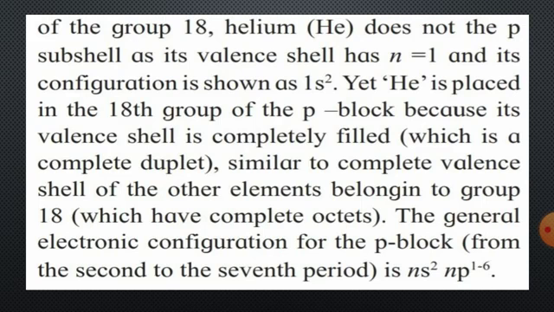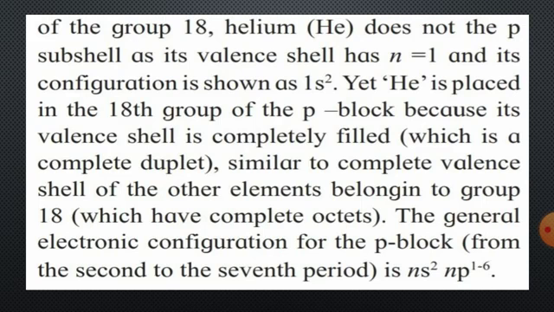Helium has atomic number 2, and its electronic configuration is 1s2. So according to the rule, the last electron enters the s orbital, yet it is not an s block element. It is a p block element. The reason behind it is that helium is placed in group 18 of the p block elements because its valence shell is completely filled. The last shell, that is your valence shell, can accommodate only 2 electrons,